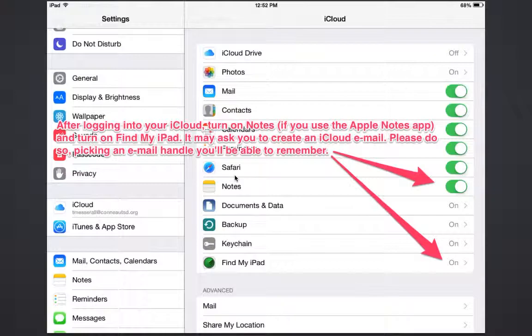If you use the Apple Notes for anything, whether it be just basic note-taking or just like a to-do list, it's good to turn that on so you know every time your iPad backs up, those notes are being backed up as well. But the one that I think is priority that everyone should have on is the Find My